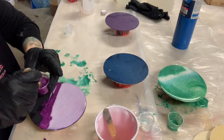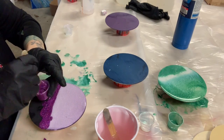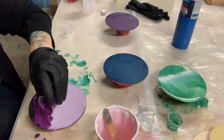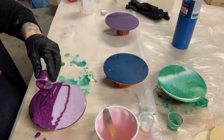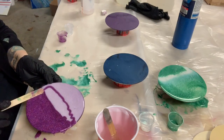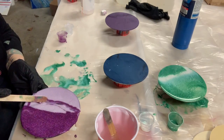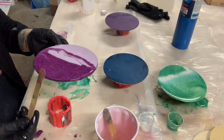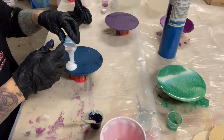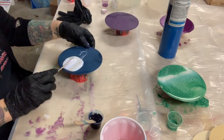It looks really good on the black also. And against that violet, it's popping. I'm loving these two colors together. Very pretty. How pretty would that be to make a geo with these colors? Absolutely beautiful. Right now I'm going to stir up some diamond blue